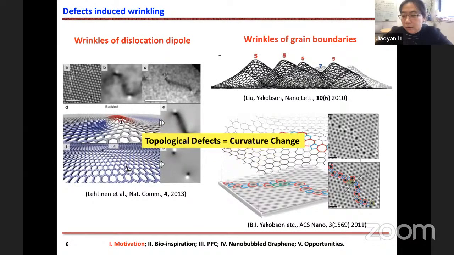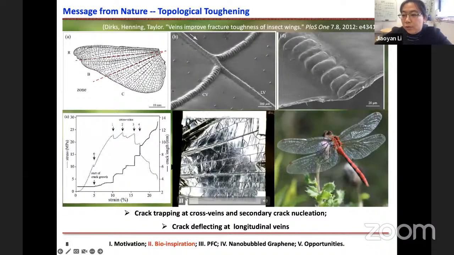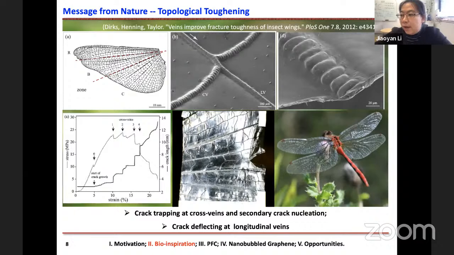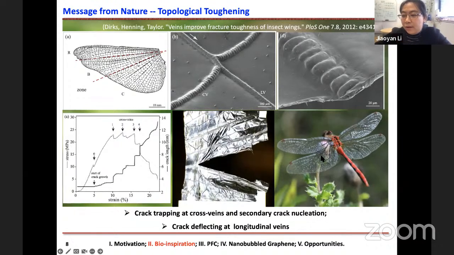For this project, one of the main objectives is to answer how to toughen 2D materials, and to be specific, how to introduce effective toughening mechanisms into the 2D system and utilize its geometrical features to enhance the fracture toughness. So let's first try to get some inspiration from nature. During the lifetime of a flying insect, for example, this dragonfly,